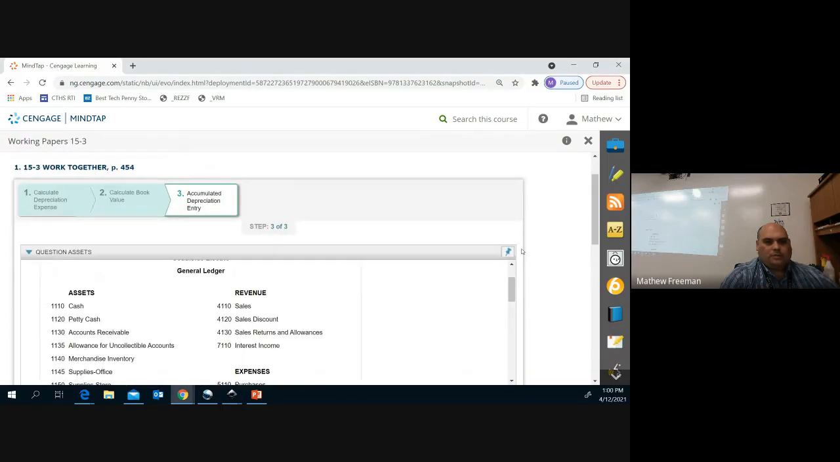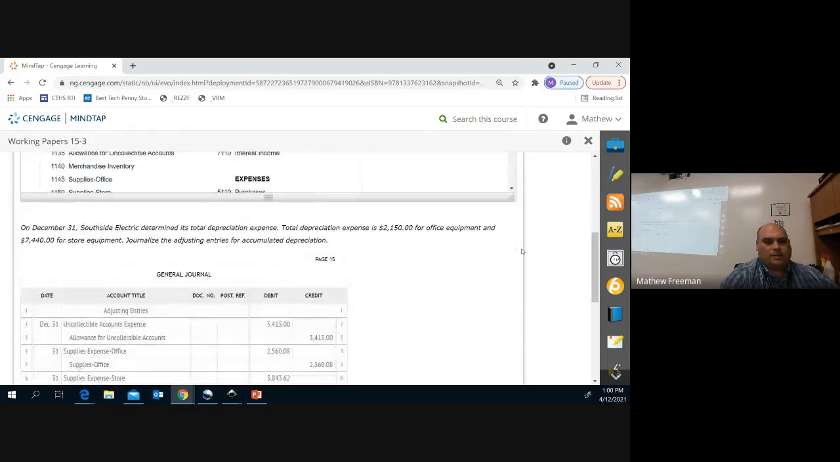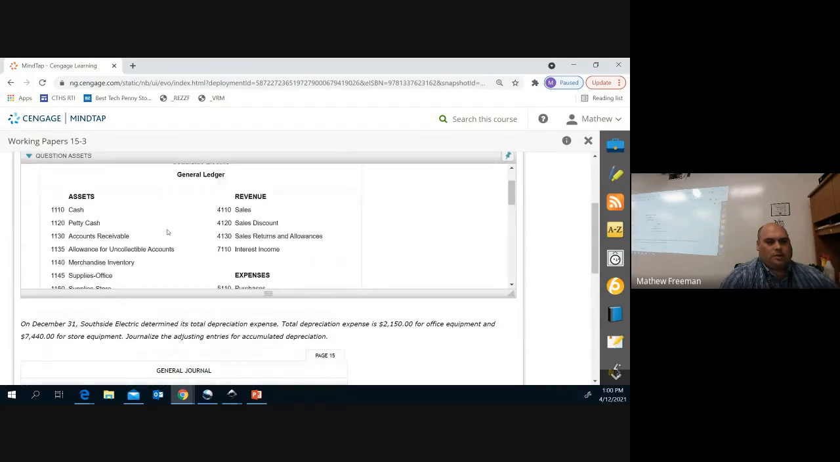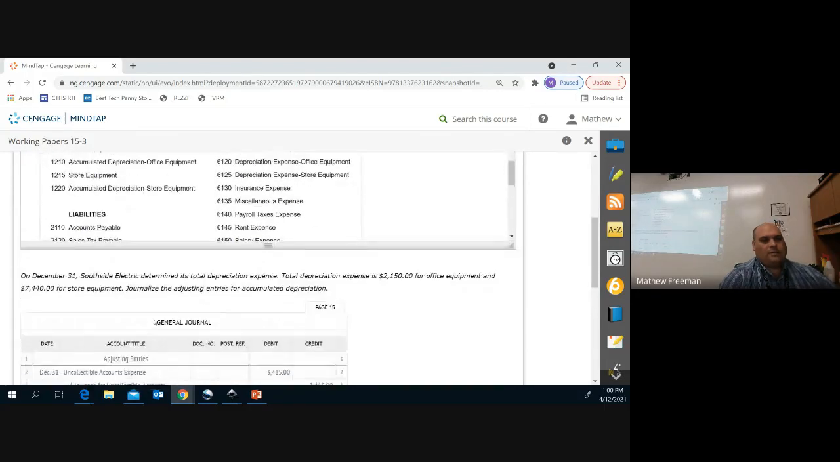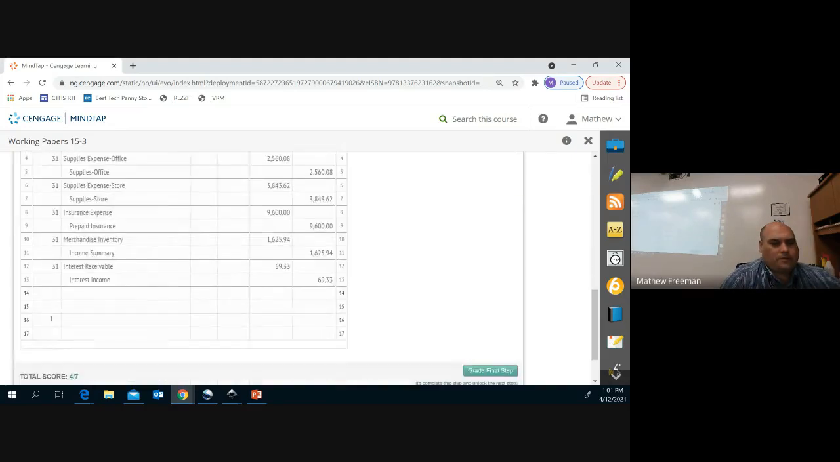Okay, and so now we're going to do our cumulative depreciation entry. And so here is our chart of accounts, and here we have on December 31st, Southside Electric determined its total depreciation expense. Total depreciation expense is $22,150 for office equipment and $7,440 for store equipment. Journalize the adjusted entries for the accumulated depreciation. So we know we're going to be doing those two. So here we have to first,